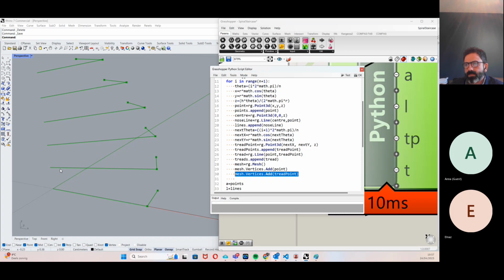Or I can just use the next point as... where is it? Next Z also equal to